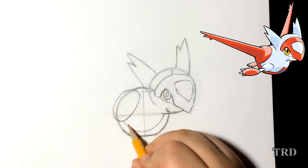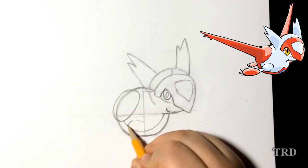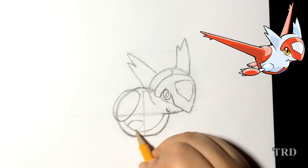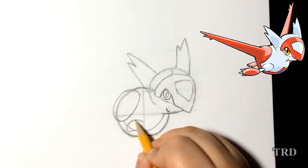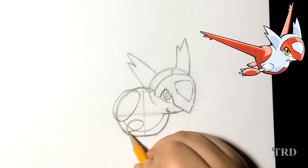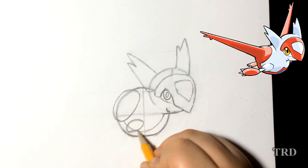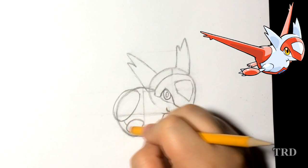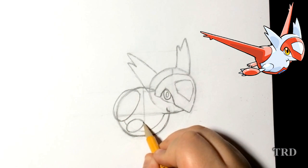Alright, so this is where I tell you guys, I see how far it is from that line, so I just mark it off, do a small line right there, and then I go on the other side to see how far it goes, so it connects to that middle line. So then it just makes another oval shape, and it goes, I guess, touching the outer line of the first circle, and then it just makes this oval shape, you know, and it just helps us know where to place it, just by looking at how far it is from other things. Alright, so now we've got that shape. We can erase the inside,